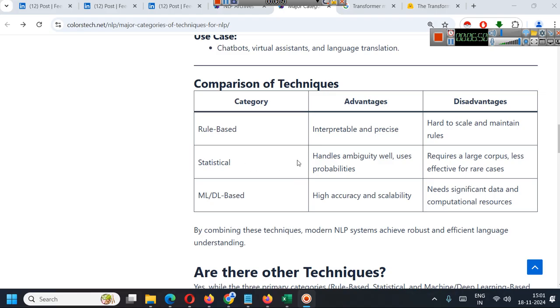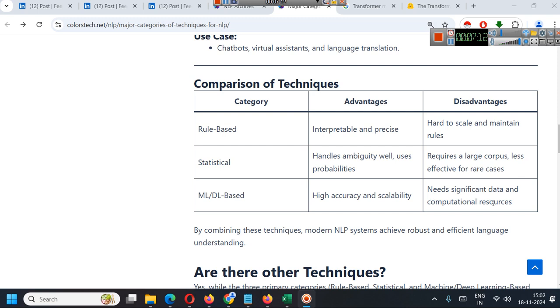Second is statistical, which handles ambiguity well and uses probabilities. It requires a large corpus and is less effective for rare cases. Then third is ML or DL based, which has high accuracy and scalability, but it needs significant data and